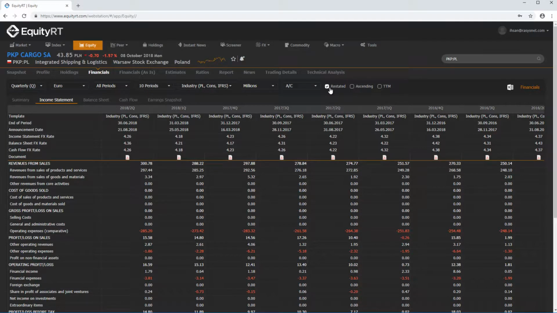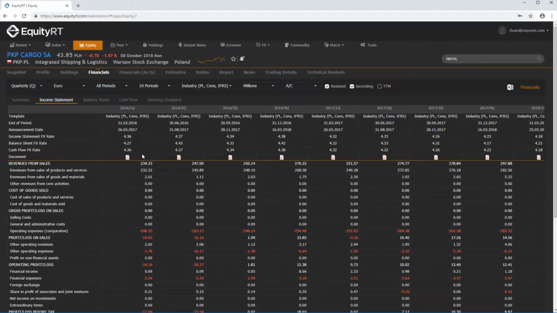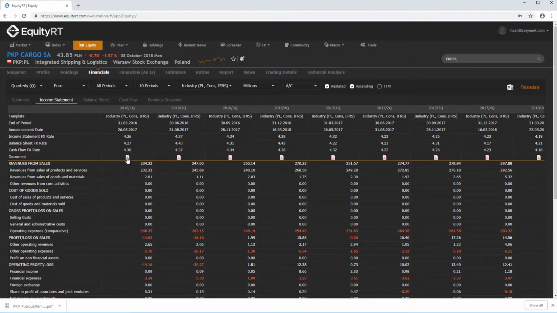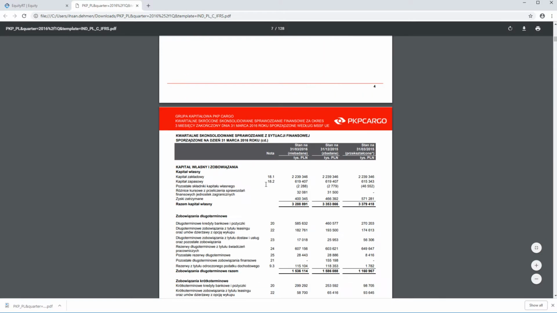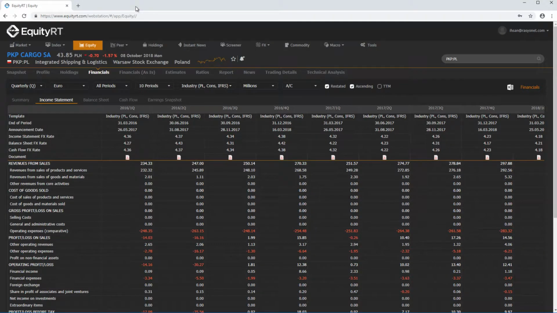The periods can be placed on the table from newest to oldest or inversely. Original files are also accessible with a single click. You can quickly access trailing 12-month figures